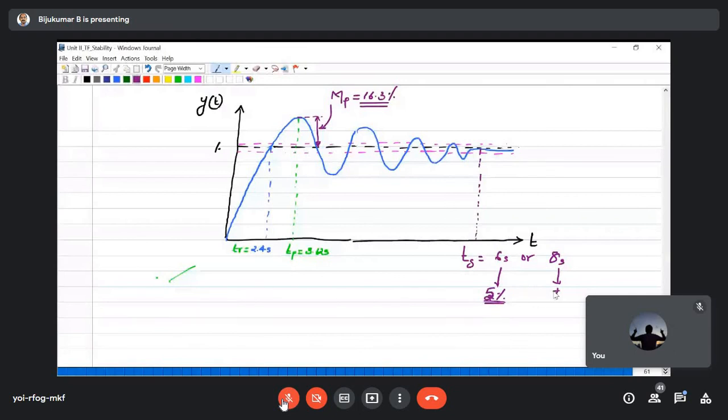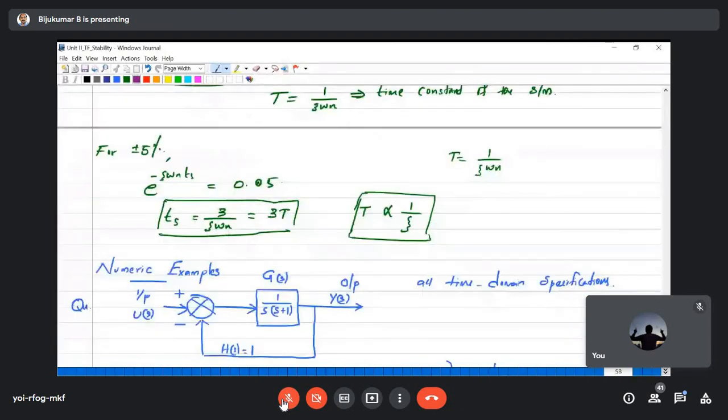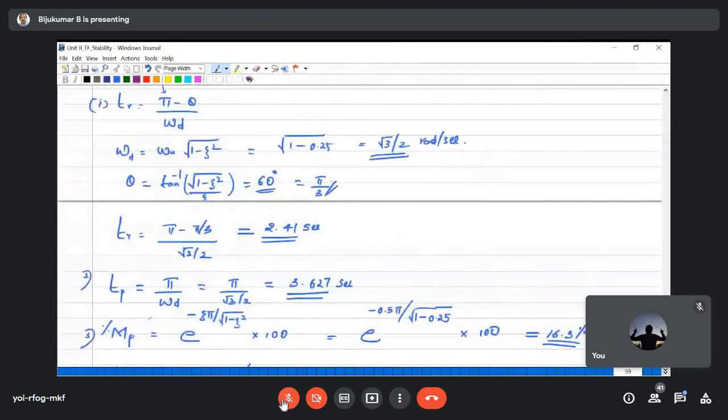Clear? So I hope everyone understood this concept. This is a very important topic for first order and second order systems. Usually you will play with first and second order systems. Okay, so next class we will see